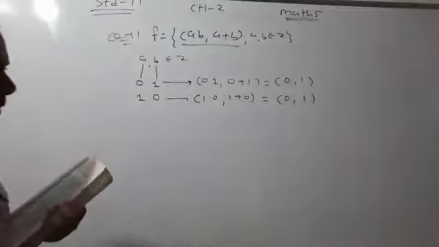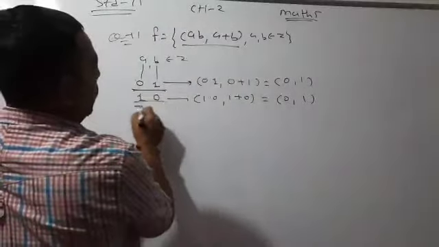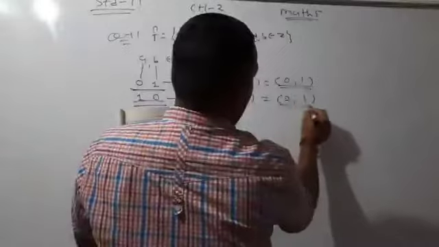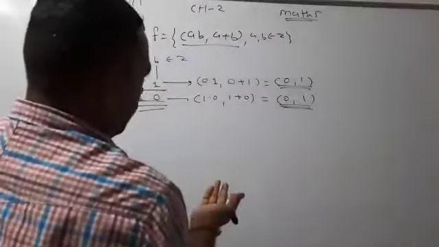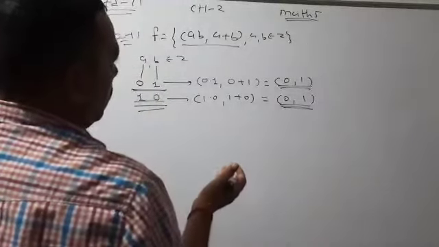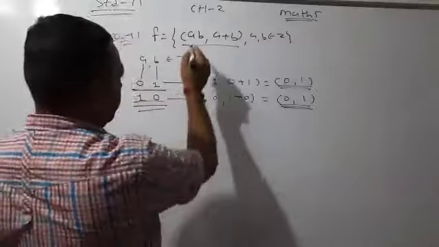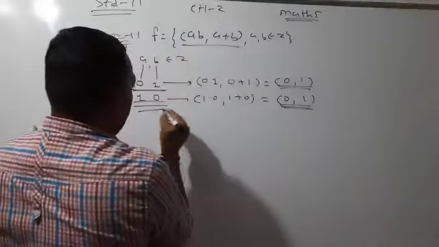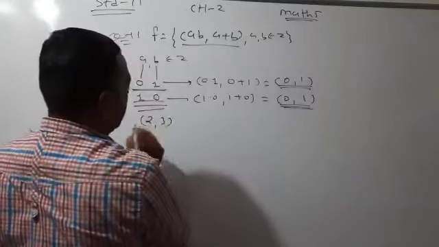Observe this. Here a and b are different, but the resulting ordered pair is the same. You can take this kind of different numbers and then decide whether your answer is right or wrong. Okay? Now see here. We can take an example only. Suppose I will consider 2 and 3.